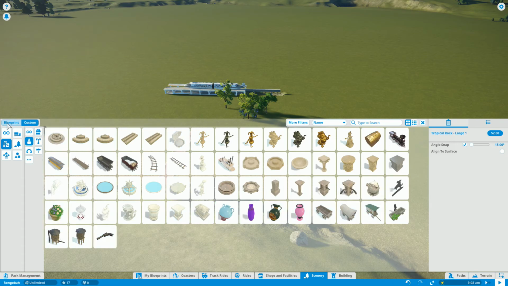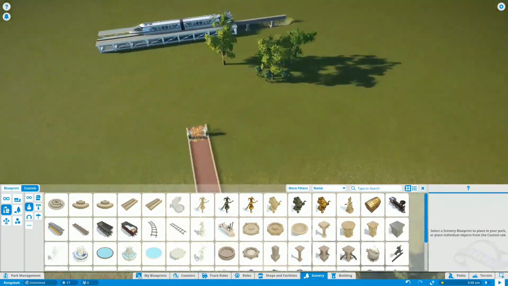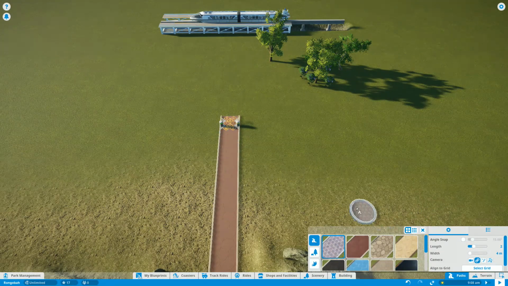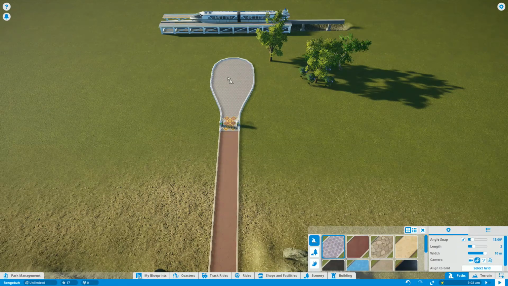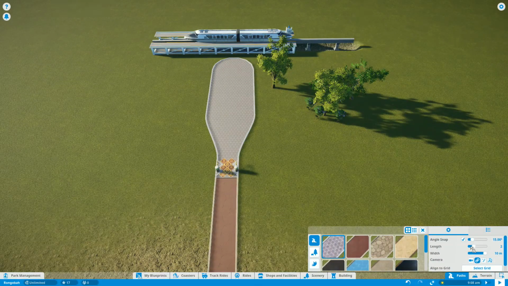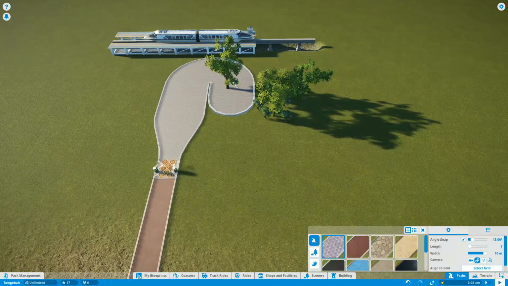All right, so let's start by planning out. We need the entranceway first, because that then lets us know where the train's going to actually be. So let's go to our paths first. Let's go ahead and make this wider. I want to have a nice wide path as we come into the park. Let's turn angle snap on so it stays a bit straighter. Get that right up there to the very edge. Let's shorten it down. I think if we do that and then come back,